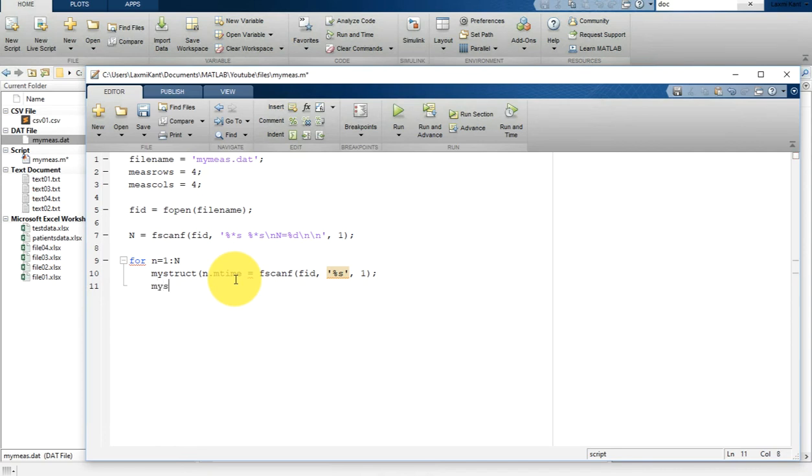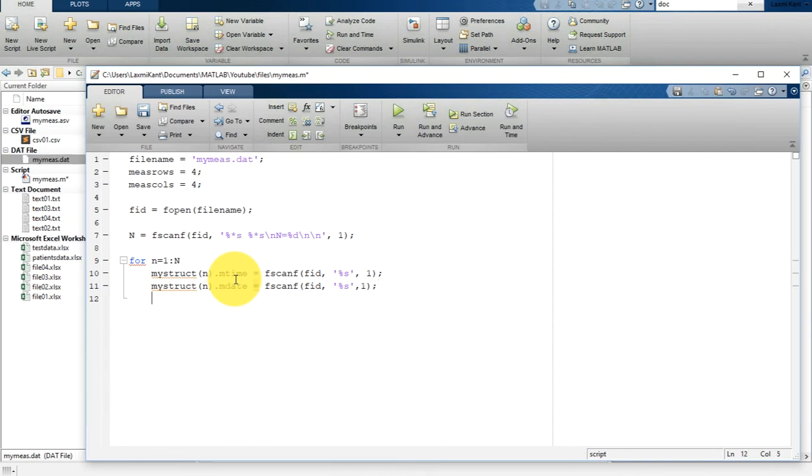And after that I'm going to write my struct, and then again my struct, and once again it will be like this, and then here it is n, and then I'm going to store it into the date, so that is the m date, and then fscanf. In that fscanf we are going to pass FID, and then %s, and then 1. Okay, now after that my struct,